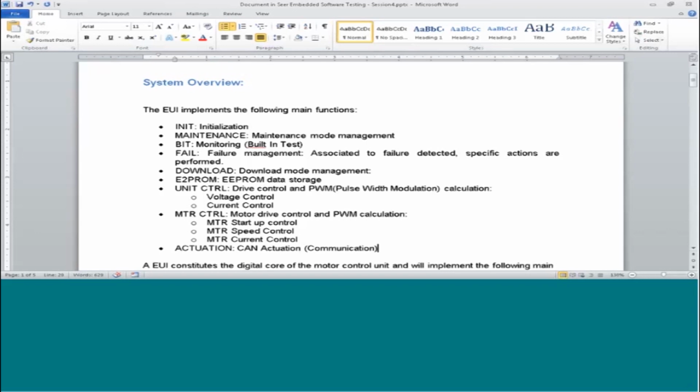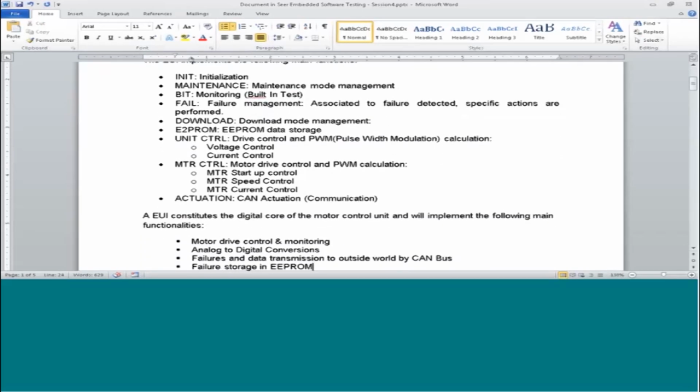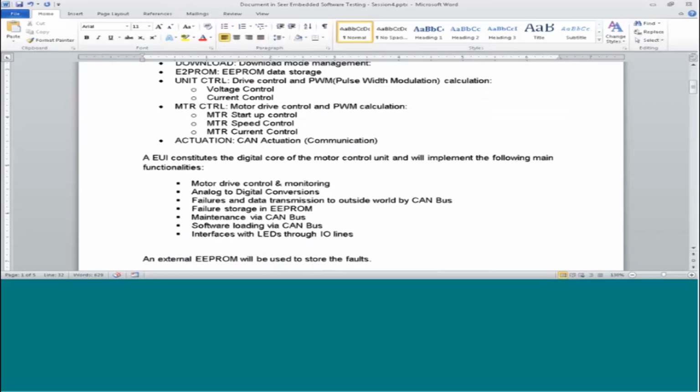The data, the actual interface or the inputs or the outputs, how it is going to be communicated in the embedded target. So that is with the help of CAN. The same thing is highlighted here. The embedded unit